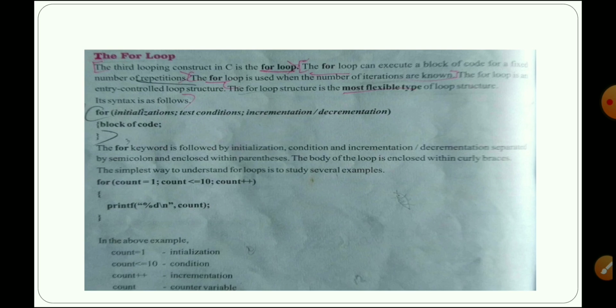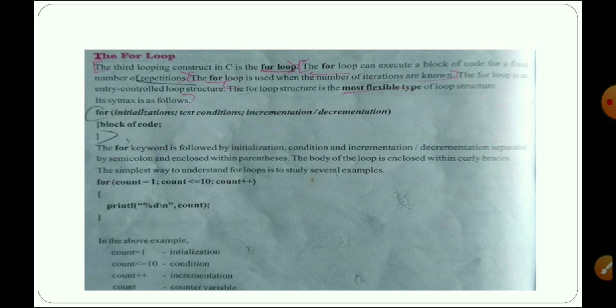This type of for loop is the most flexible type, and its structure of execution is the most flexible type of execution. Just you have to know this; we will see the syntax of the for loop. So this is also repetition only. It will run a fixed number of times, however many times I want to repeat, and we ourselves have to give that number of repetitions. Now the syntax: for is the keyword.